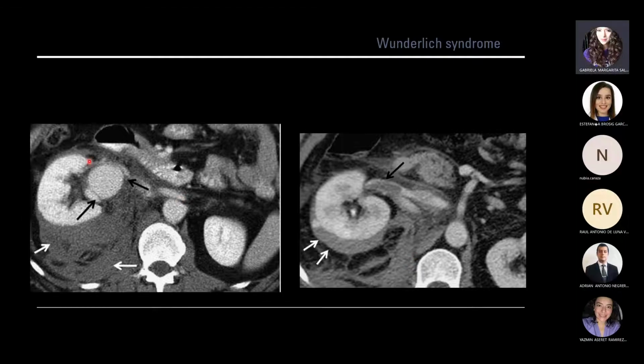In this case, we have a 49-year-old woman with right flank pain and hematuria. The axial CT image shows a pseudoaneurysm in the right renal hilum with a large perinephric hematoma due to the rupture of this. And this case is a